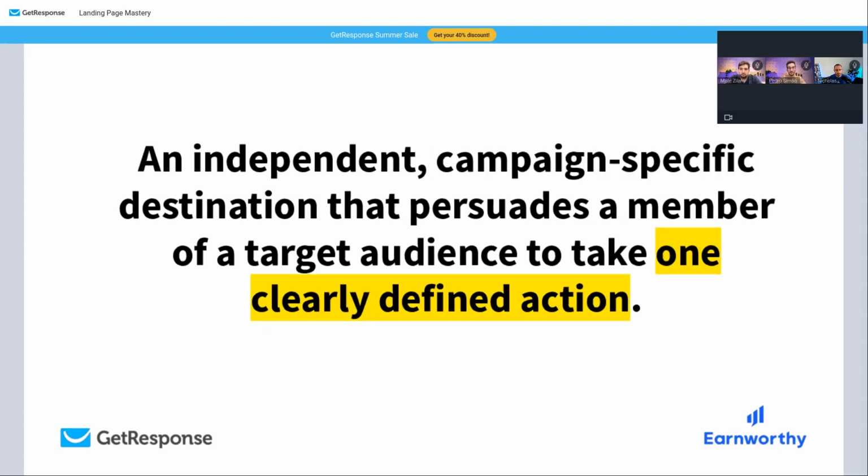And then the third thing that I want to clarify within this definition is that your landing pages should have one clearly defined action for the user to take. You don't want to have them be able to do a bunch of different things like check out the blog and contact us and call us and fill out a form and buy a product and visit us on social media, because that's going to be distracting. And so you want to really hone down what it is that people can do